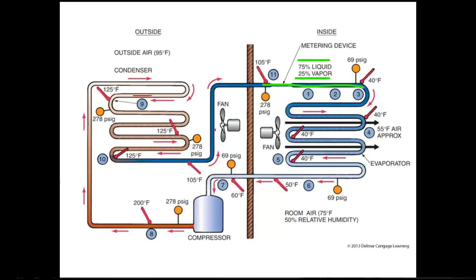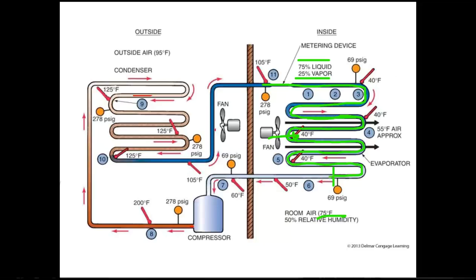Travels through the evaporator coil where the indoor room air is blown across the evaporator coil, and the heat from the indoor room air is transferred from the room air and is used to change the state of that refrigerant, and that requires tons and tons of heat energy to do that. So we are changing state all the way through the evaporator coil till we hit the certain point, designed by the engineers, where all of the refrigerant is boiled off, and we are now